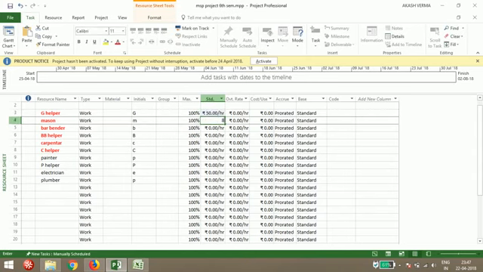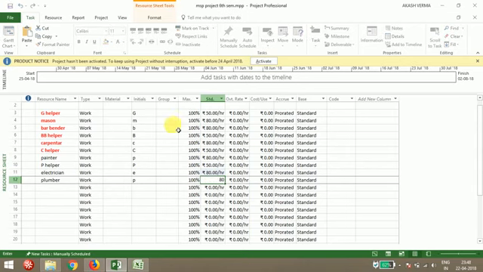For mason I'm giving 80 rupees per hour. Bar bender also 80 rupees per hour. Bar bender helper 50. For carpenter, according to the experience or the current rate, you have to put it here. Painter 80 rupees, painter helper 50 rupees, plumber 80 rupees. So I've given all the rates here.